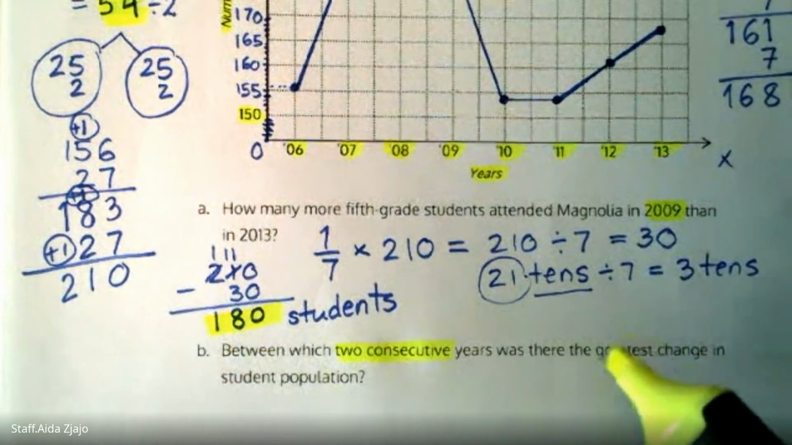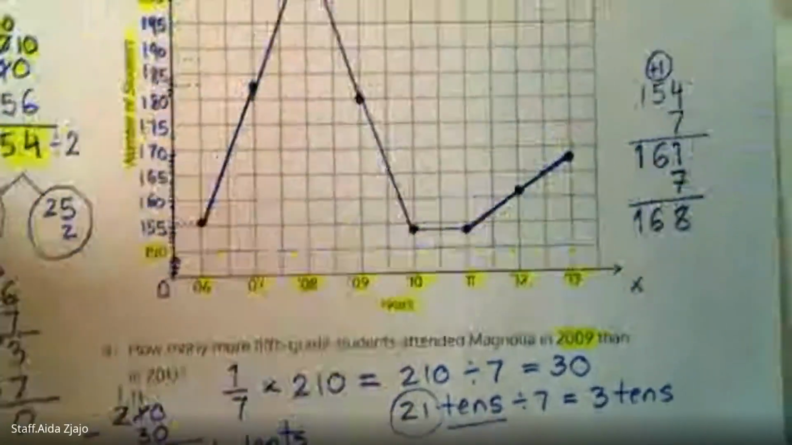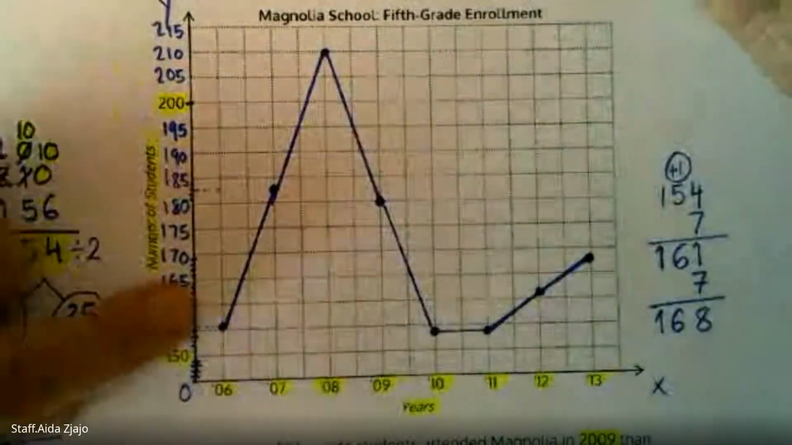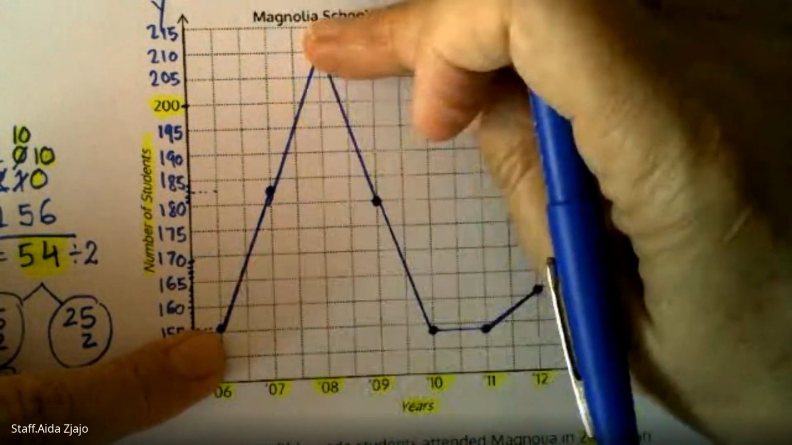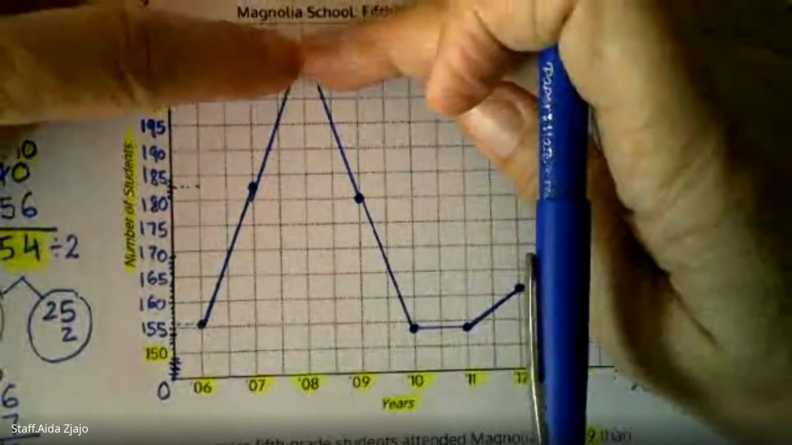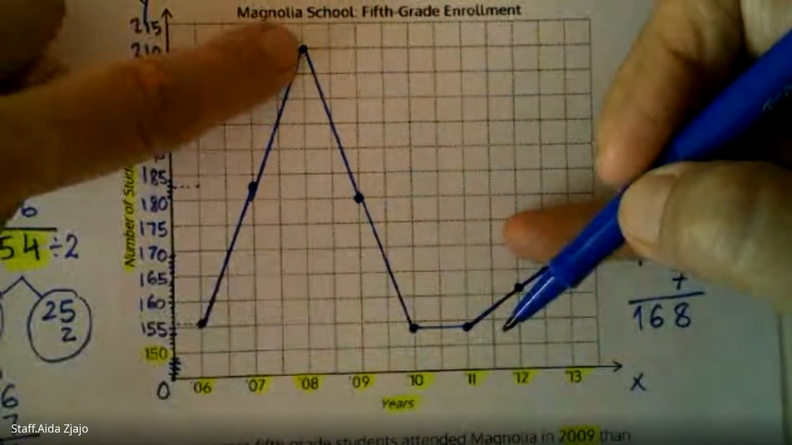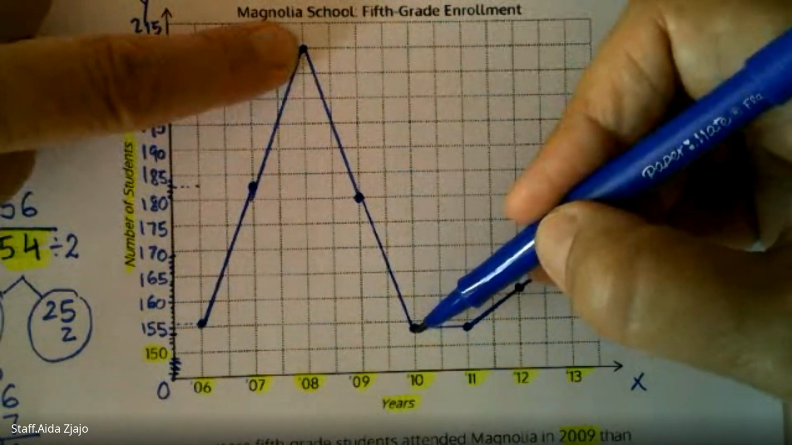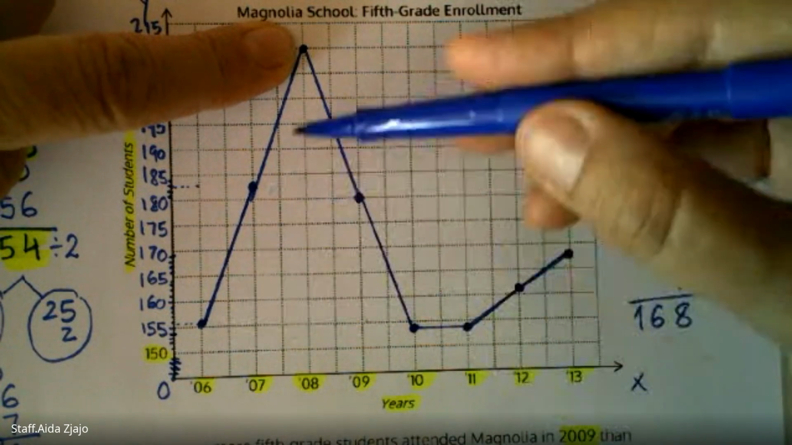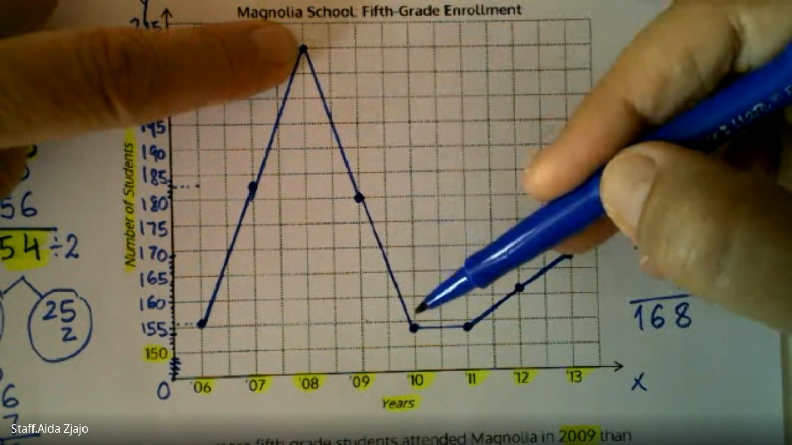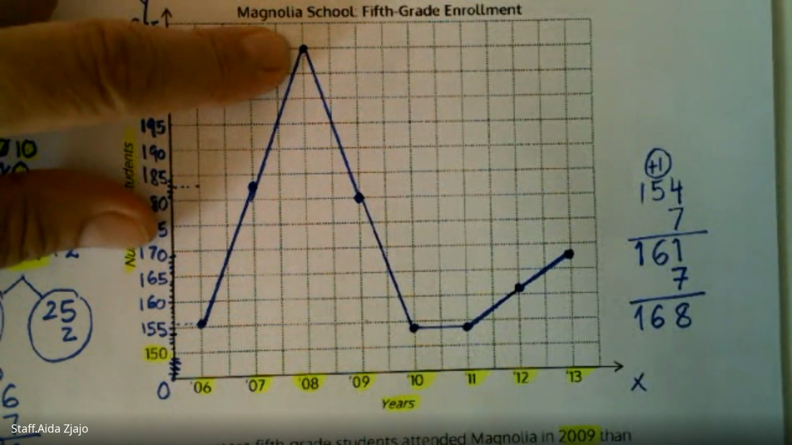So, the greatest change in the student population. If you look at our graph, from the beginning to here there was a change, but it looks like the change from 2008 to 2010 was the most drastic. It was greater than this growth. So from 2008